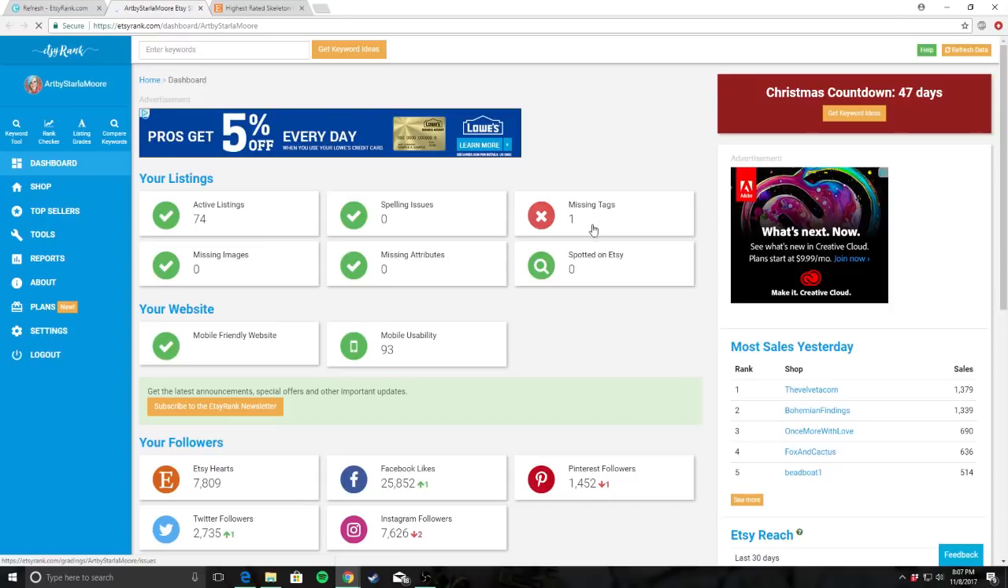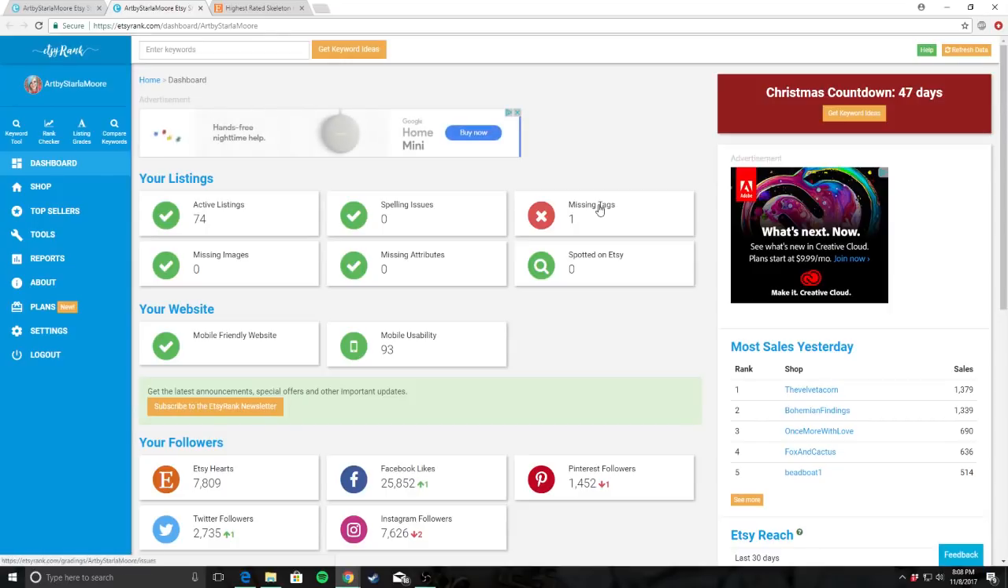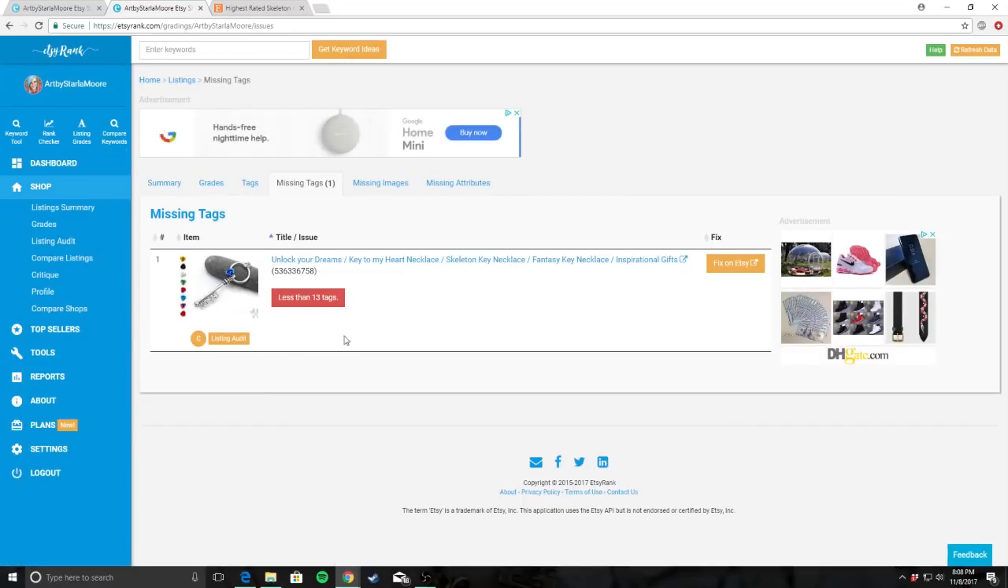Next up, we want to go ahead and check out that missing tag because obviously it's super important to have all of your 13 tags filled out. So we look here and this is the product that is missing some tags. It has a C rating. So you can go in and obviously add that tag by clicking fix on Etsy, but you also have another option if you have one of these items that isn't ranking as well as it should, or it doesn't have